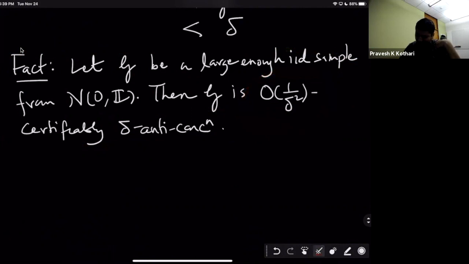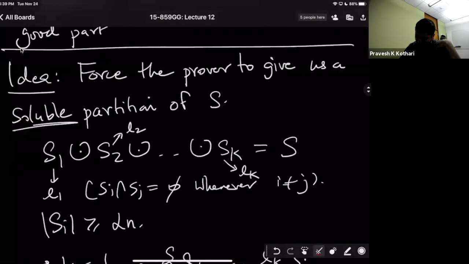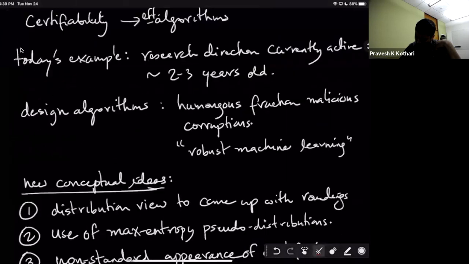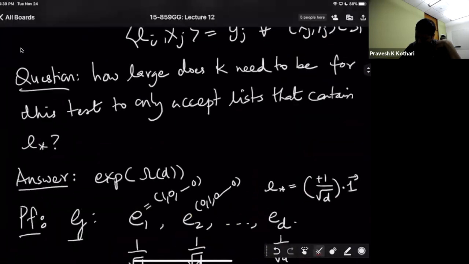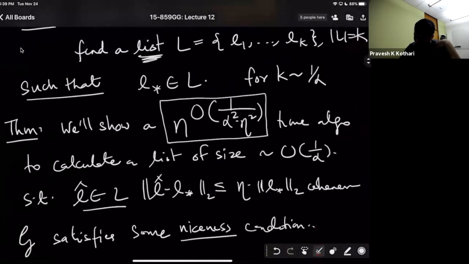Okay, so now at least you can see where this earliest 1 over alpha is. Where did I write the theorem statement at the very beginning? Here. So if you remember, there was this 1 over alpha square in the exponent. Remember that the anti-concentration we're going to need is about alpha by 2. Think of eta as some fixed constant, forget about it. And so this 1 over alpha square is simply the degree of SOS certifiable anti-concentration.